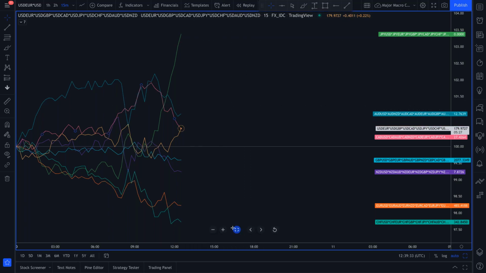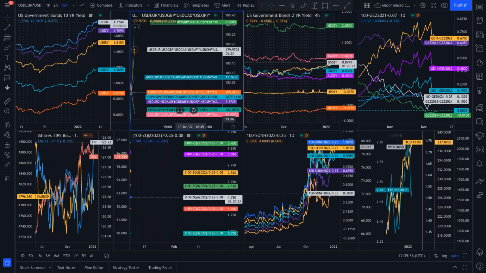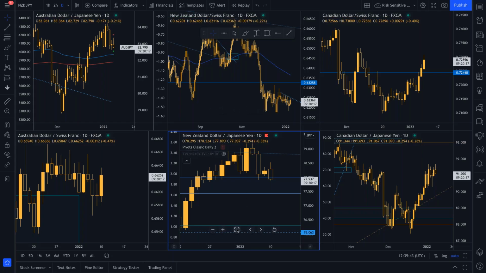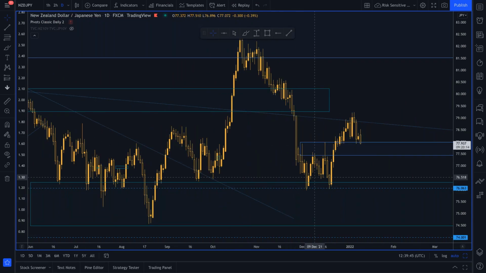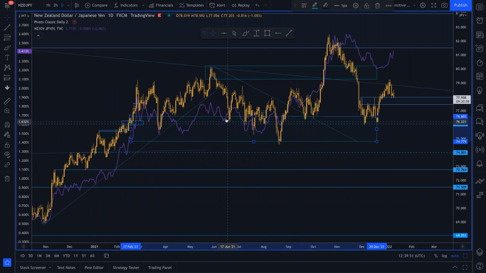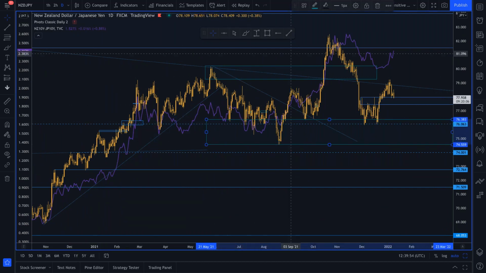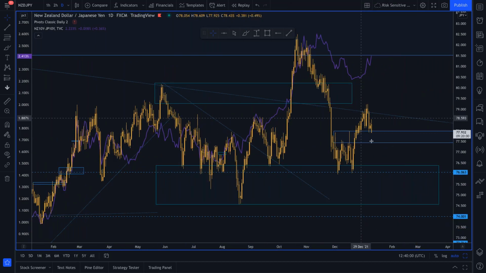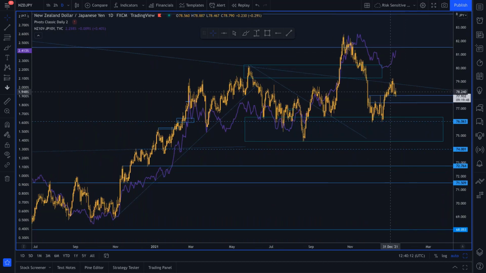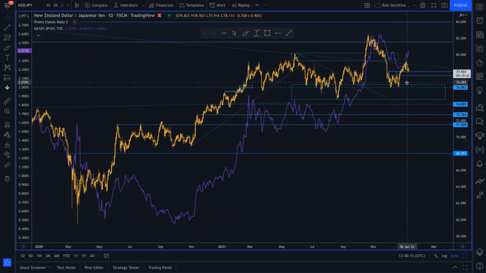So in the medium term, the best opportunity I can see is if we start to get some of these risk-sensitive pairs, like the New Zealand dollar Japanese yen, drifting lower down into that key support level around that 76.50 region. Now, if you take a look at the bond yield spread between New Zealand 10-year and Japanese 10-year, do you see how the bond yield spread's moving higher? Okay, but the New Zealand dollar Japanese yen pair is moving lower. Why? It's moving lower for the simple reason that we're seeing some safe haven flows into the yen. Now, medium term, I'm expecting this pair to move higher. So any drops down to that 76, 75 region can be considered suitable for going long.